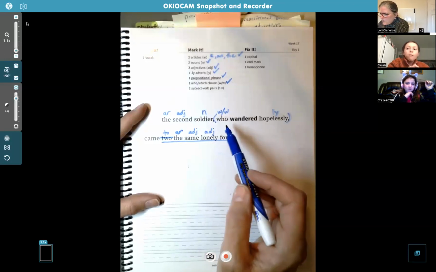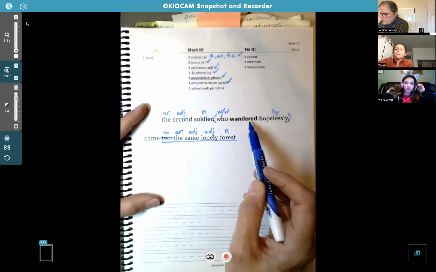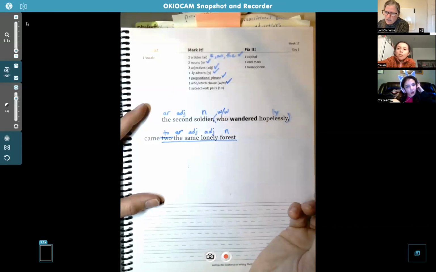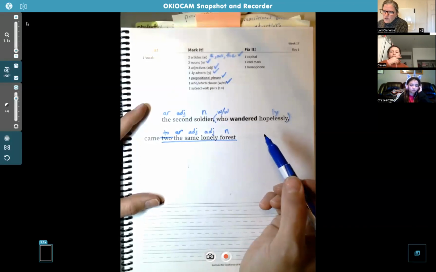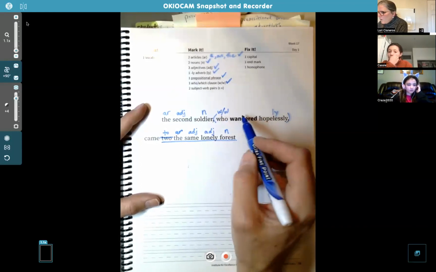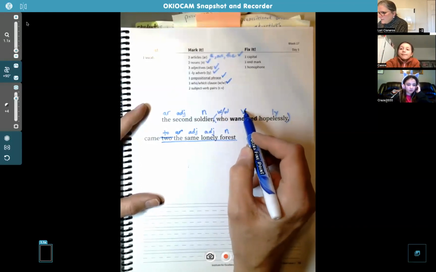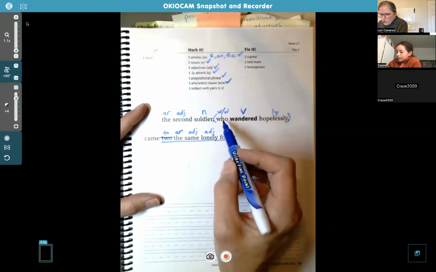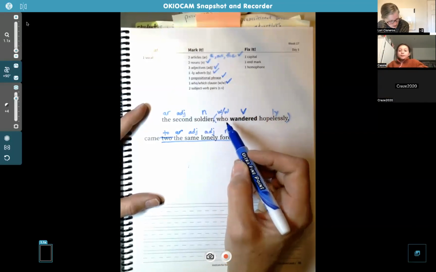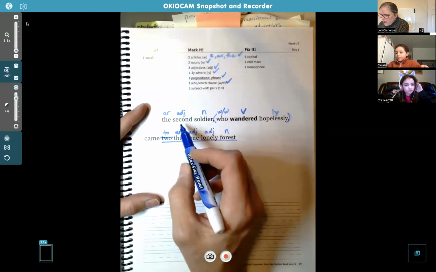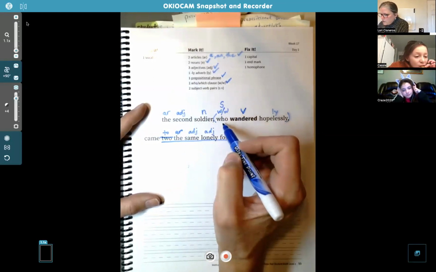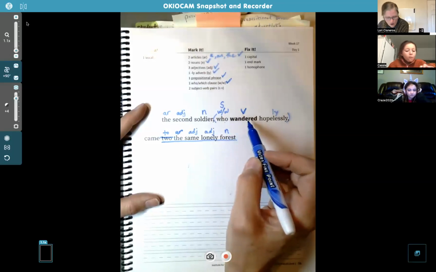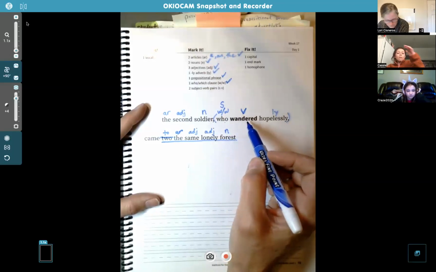So Cassie, which one in this clause, who wandered hopelessly, what is the verb in that clause? Not who for the verb. Think of, wandered. Yeah, wandered, because it's an action, right? But who is going to be the subject, because it's referring back to the second soldier here. So we need to put an S above the who. So who wandered, that's correct. And then